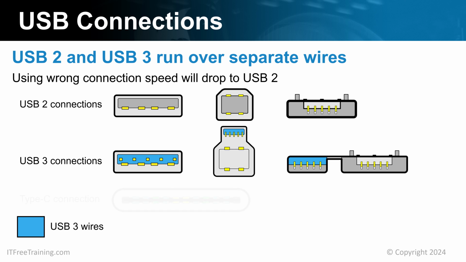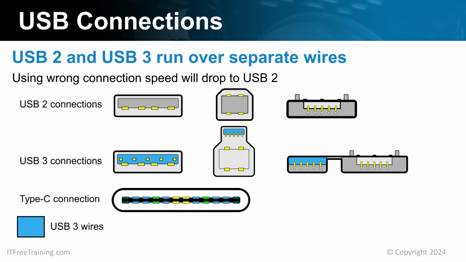In the case of the Type C connector, the same applies. USB 2 wires are in the center. The other wires are USB 3, and some are shared between USB 2 and USB 3, so they are in a different color. If you have a high-performance storage device and it is running very slowly, check the cabling, as you may be using a USB 2 cable, and thus the reason why you are getting poor performance.